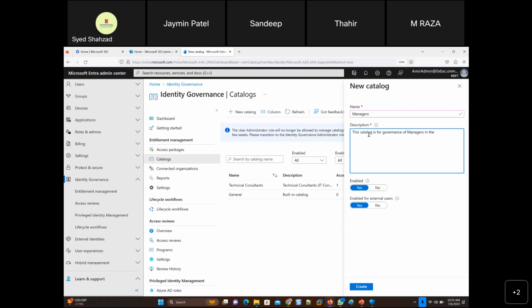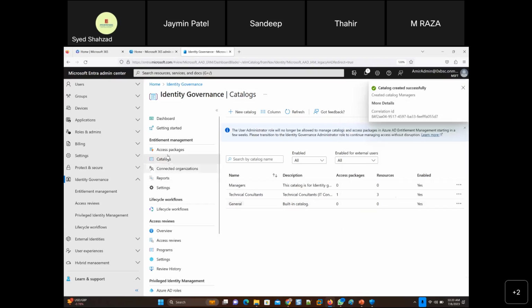We can just say it is for identity governance of managers in the company, right? So you could just write like that and create many catalogs here, and then use it in access packages as well.